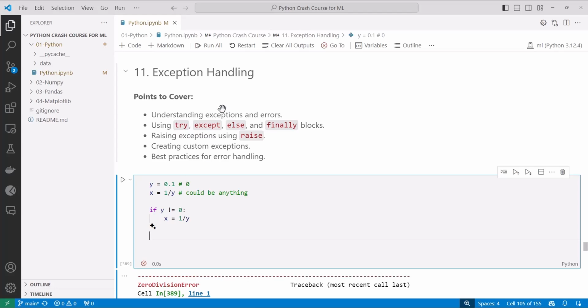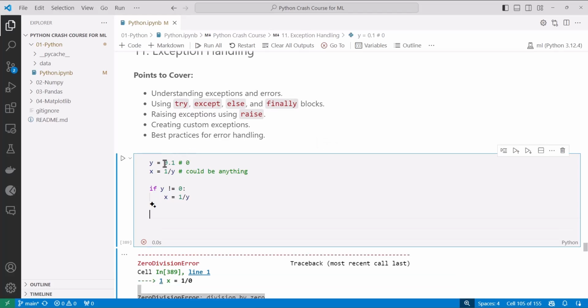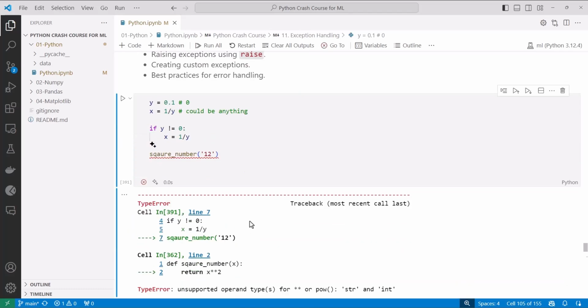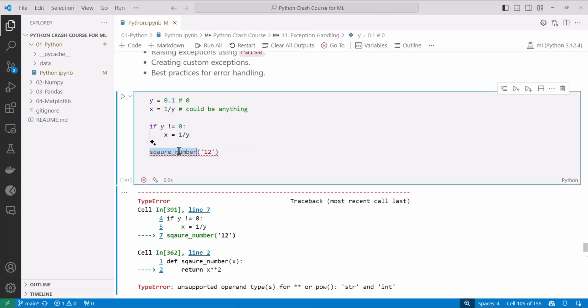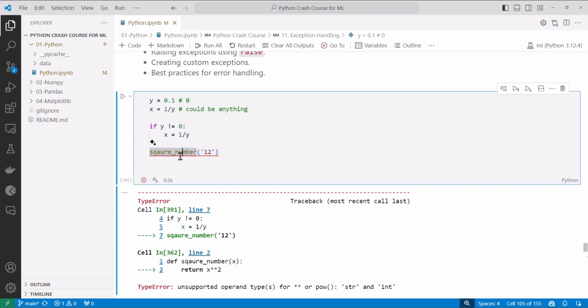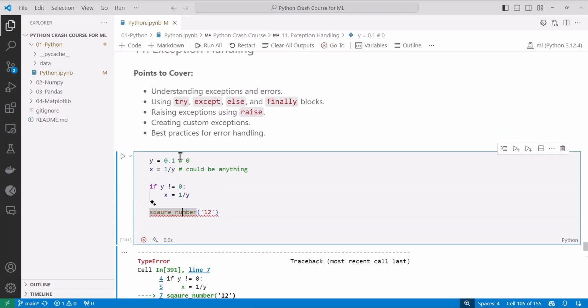For example, I was saying, something where you don't know if that error can come. For example, you have your square number function here, right? And inside this you pass 12, it gives you the result. But let's say if you pass a string '12', it's going to throw the error, right? Now inside this method, you cannot every time check that this number needs to be this, that. There are so many things, right? So to handle this, there is a proper way in Python. For example, try, except, else, finally,